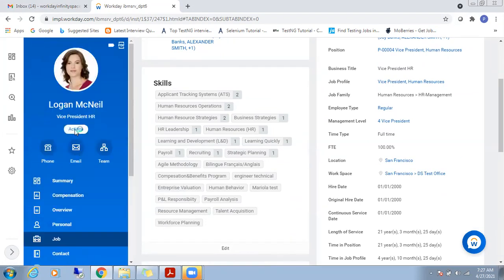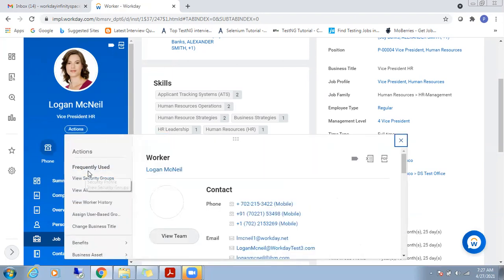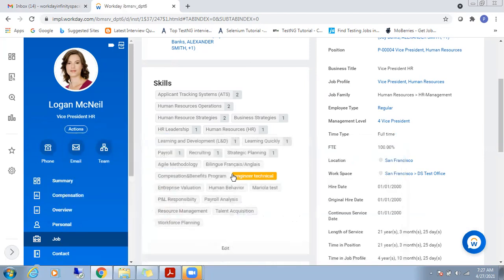Go to the actions. Can you see here these security groups? So here we can see the security groups that are related to the particular user.